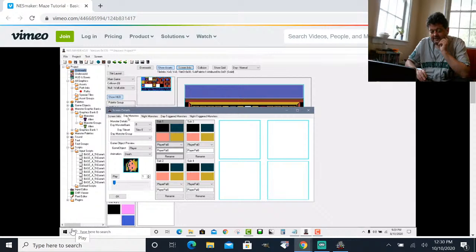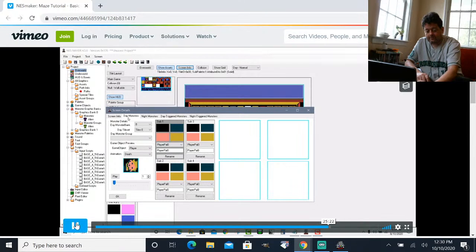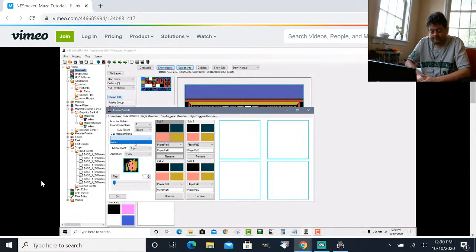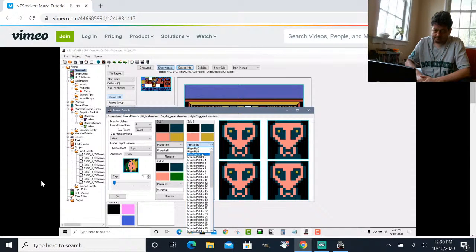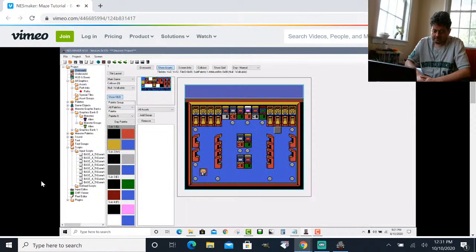So it looks to me like placement is important, and placement's a thing. I want to see how these monsters work. And this is where I'm going to set my monster types that can be on the screen. And I'm going to set my palettes. Our hero uses player palette 0 and player palette 1. So he should have blonde hair and a green shirt. Our monster in this case uses the alien palette, and he uses sub palette 3. If I press OK, we can see that our hero has updated his colors, and now I can place up